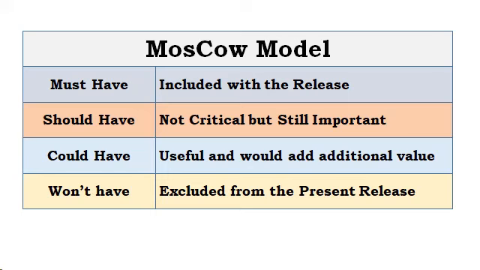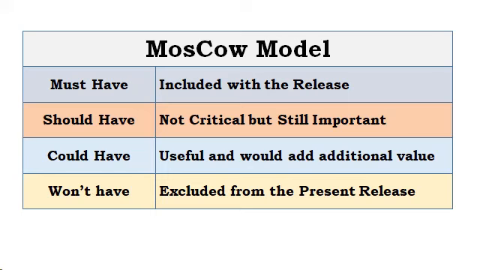The MoSCoW method is a tool that's used to help a team prioritize user stories. It can help determine a clear set of requirements, and a clear priority for those requirements, by categorizing each user story. The first category in MoSCoW is must-have, which is the minimum usable subset. These are the user stories that must be included in order for us to go forward with releasing anything into